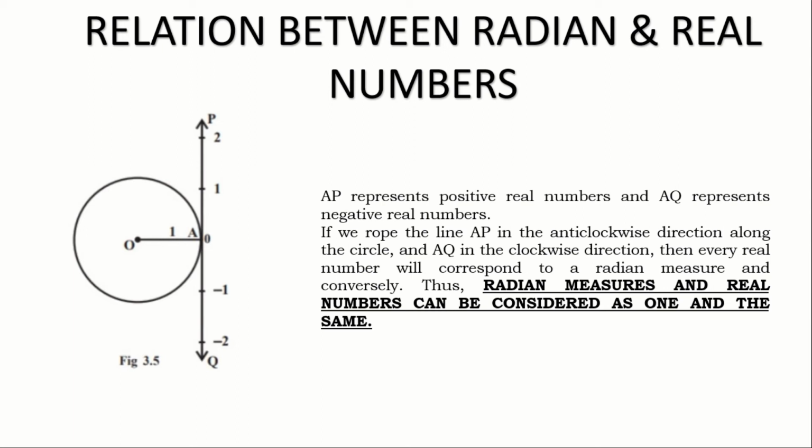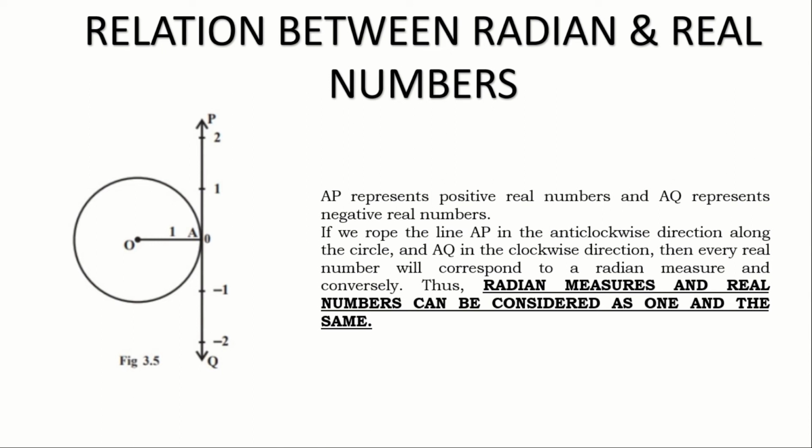A tangent is also drawn to the circle, that is PQ. So this is the construction, where AP represents positive real numbers and AQ represents negative real numbers. If we rotate the line AP in the anti-clockwise direction, meaning opposite to the clock rotation,